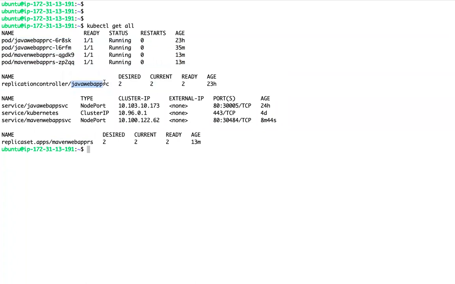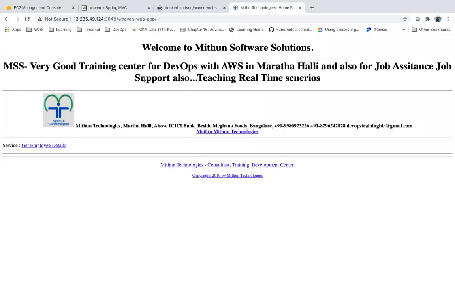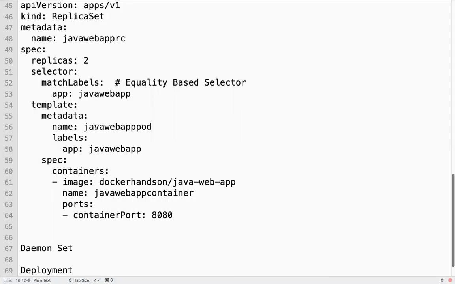Can I create n number of replication controllers, n number of replica sets? Maybe you might be confused, I am creating only one replica set, one replication controller. Can we create n number of replica sets, replication controllers, and services? You can. You are going to deploy your applications as controllers, either replication controller or replica set. Now we have one more Kubernetes object.